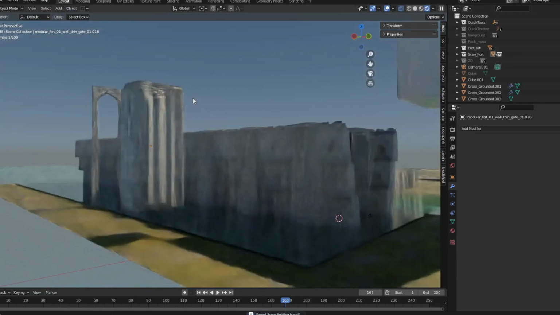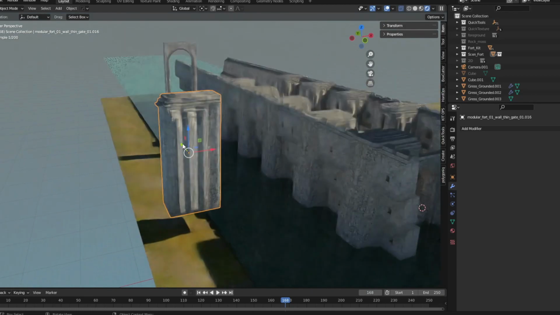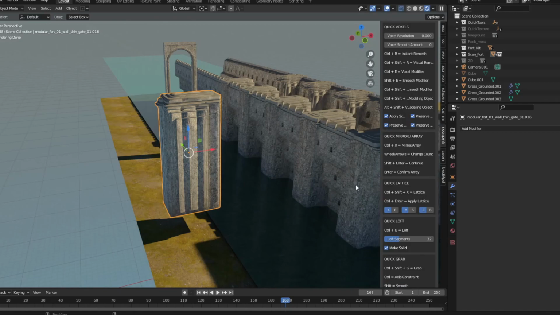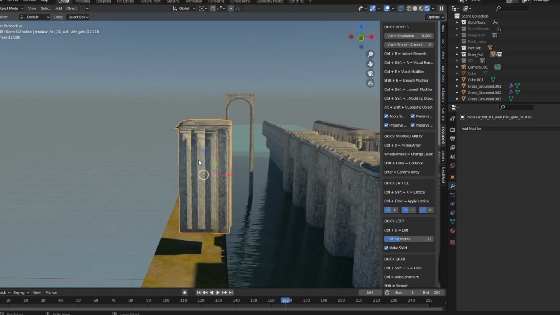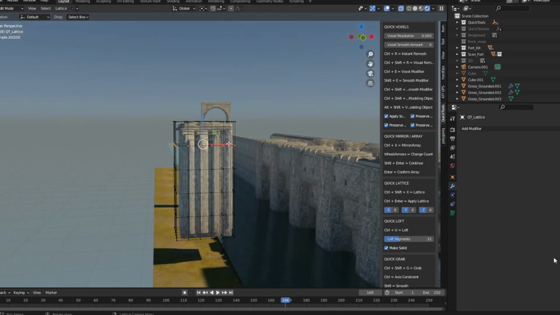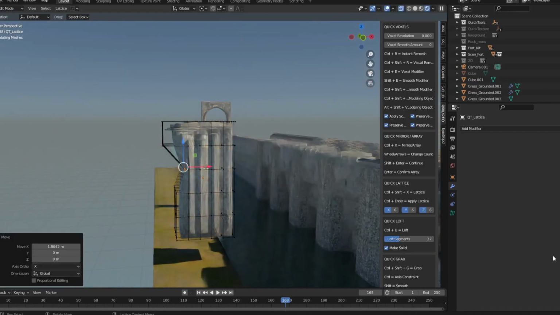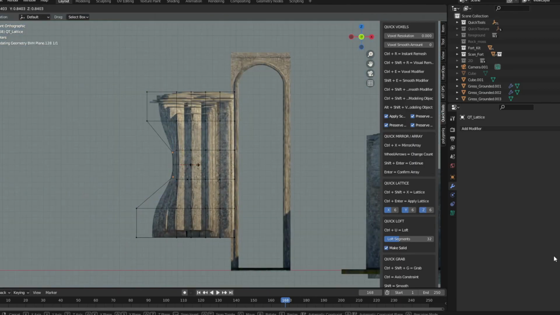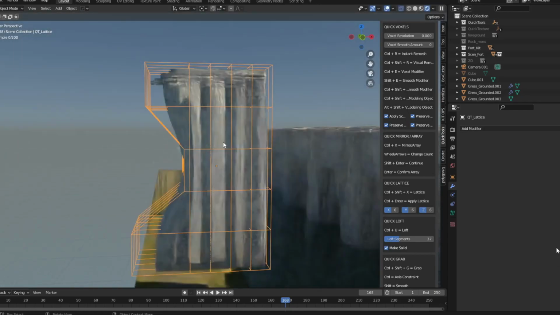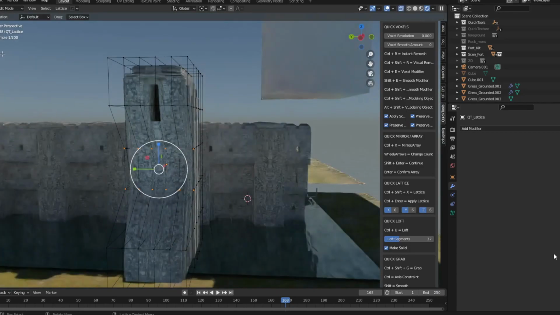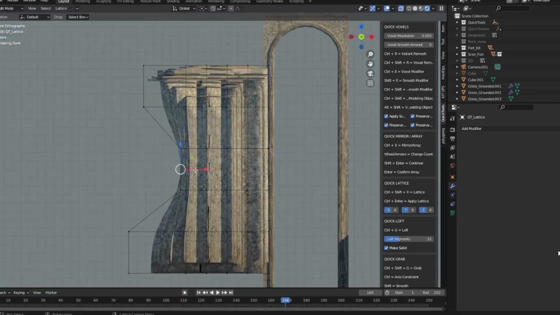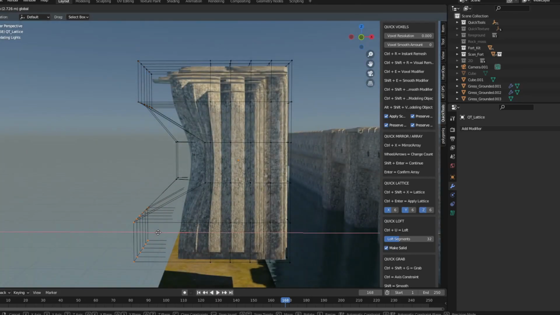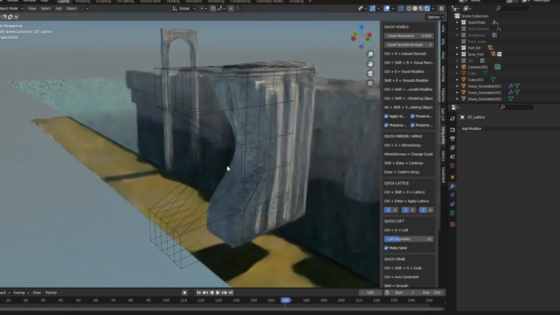And I think there's a built-in lattice system, a lattice modifier you can use in Blender, but for me, I like Quick Default because it simplifies the workflow a lot. I just really like it, so I want to use this to modify my shape, which you can see you can feel the kind of soft flow feeling, but of course I wanted to make it not too soft. I still want this to look like a stone, a very hard element,